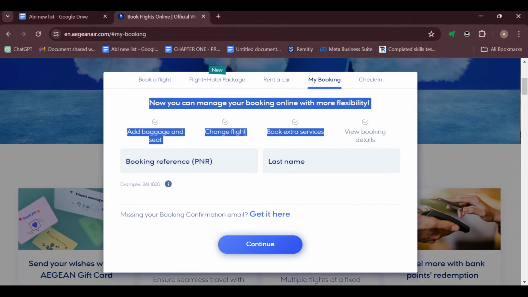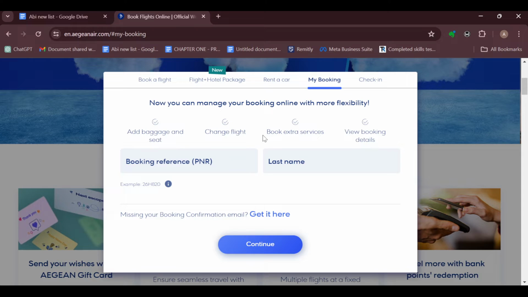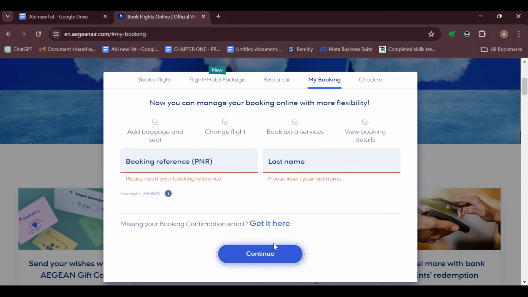So you can see change flights right here. It's possible to change your flight. To do that, the next step would be to enter your booking reference number in the box here, and then enter your last name. After doing that, click on continue and you'll be taken to the page where you would see details